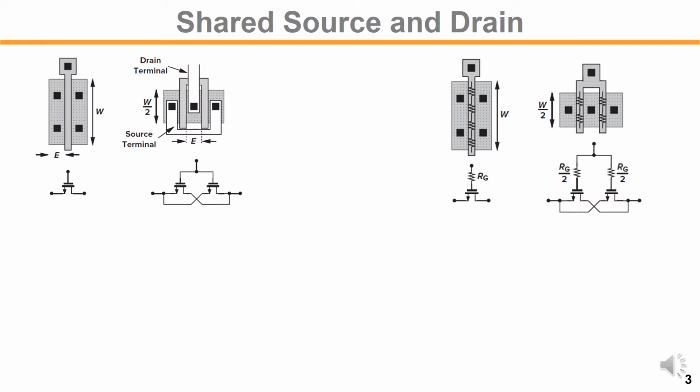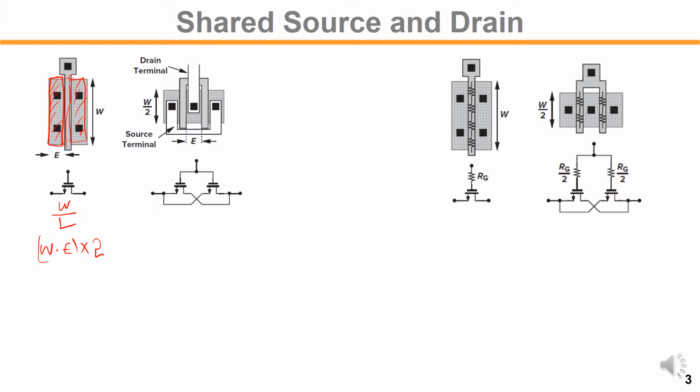Suppose we want to draw the W over L size of the MOSFET design. So direct drawing like this, the width is W and length is like this. So if you draw a single finger like this, the whole area here, W times E, is the area of the diffusion. We have 2 of them. The overall area for the source and drain